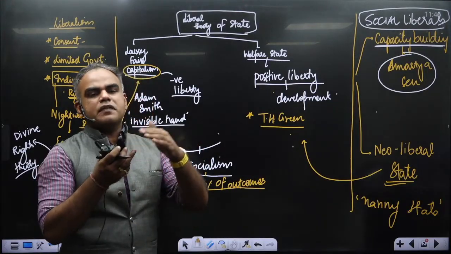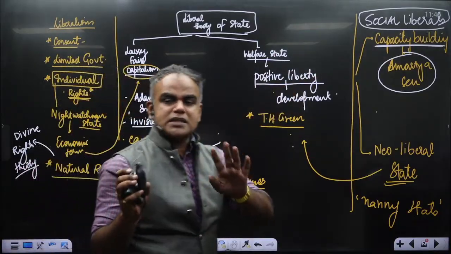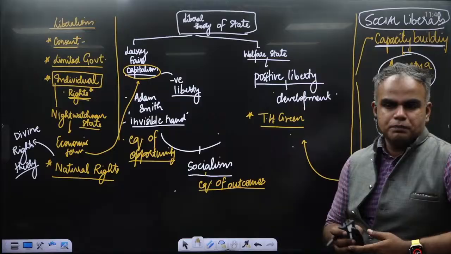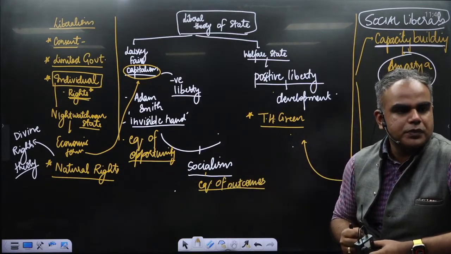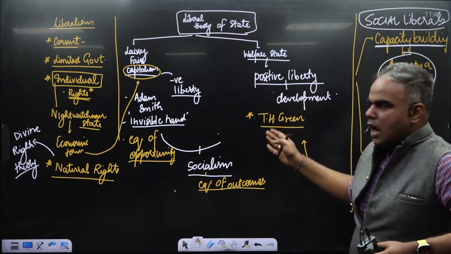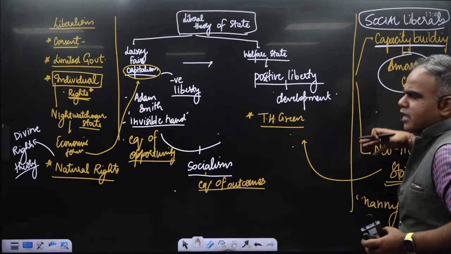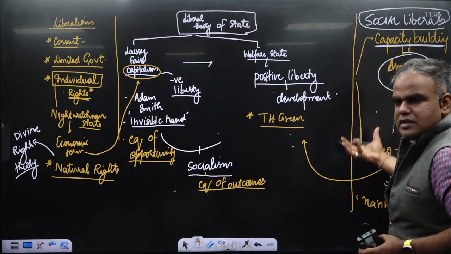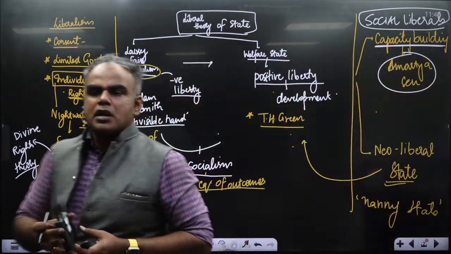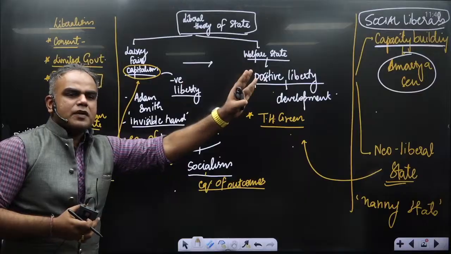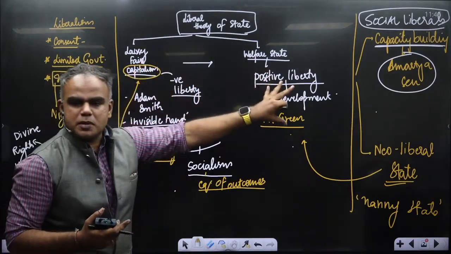However, if it is a 15 or 20 marker, when you have more space, then talk about all of them, because the examiner has not mentioned exactly which specific liberal theory. The liberal theory and liberalism in itself has evolved over a period of time. So when you show the evolution, how this moved to this, and again you have neoliberal theory and its inadequacies, you also have social liberalism. In that sense, all these then will be the liberal theory of state. And when you show an evolutionary perspective, there is no need to write criticism separately. Why? Because this is replaced by this, because there are challenges.